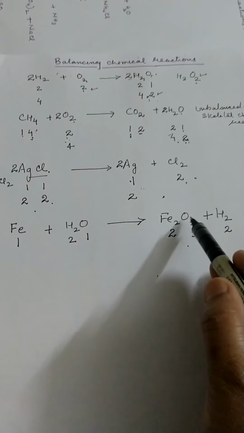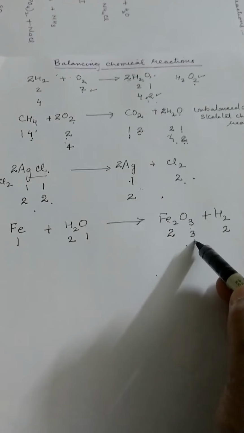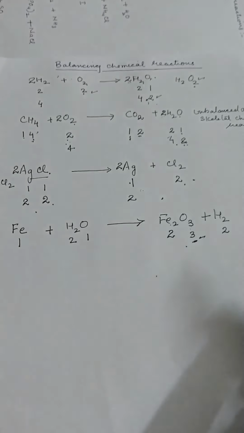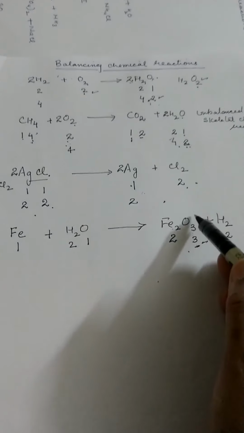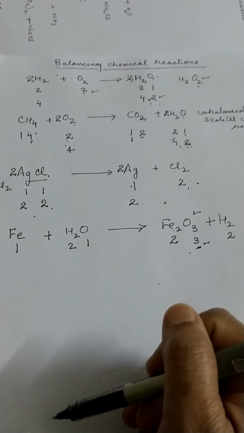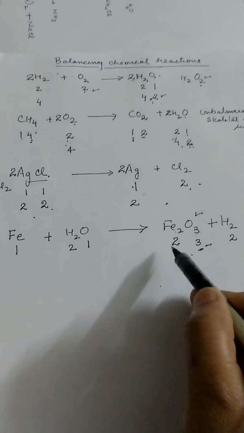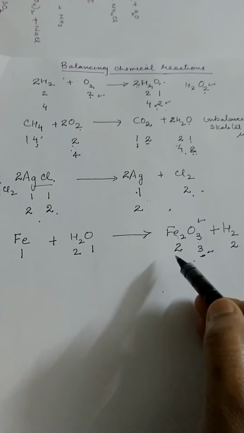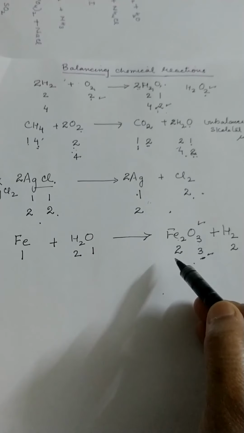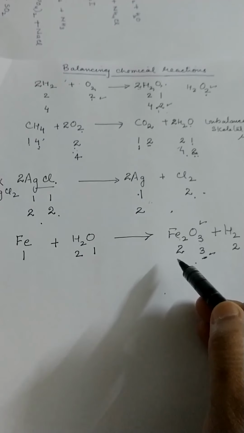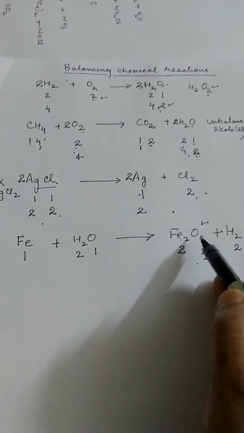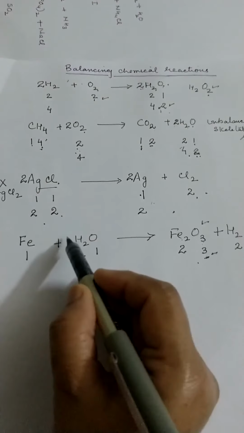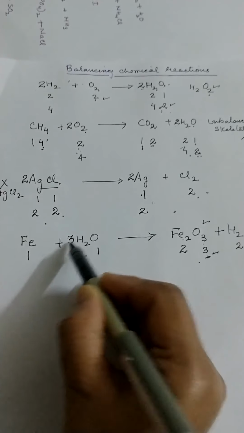Here oxygen is 3, right? So let me begin with 3. I can begin with iron as well, but I would like to begin from here. It's convenient to start balancing with the compound that contains the maximum number of atoms. So I will choose oxygen. To make this oxygen 3, I will write coefficient 3,